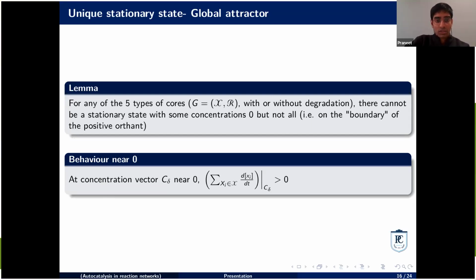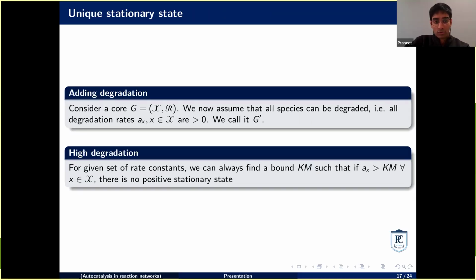One thing to note is that the next step is that we also want to investigate what happens when there is degradation in the system. These cores will grow, but as the concentration reaches a certain limit, there will be other reactions, outer system reactions, which involve an outgoing edge from the network and take species concentration out of it. We want to see if the autocatalytic cores still have the unique stationary state, if it's still going or